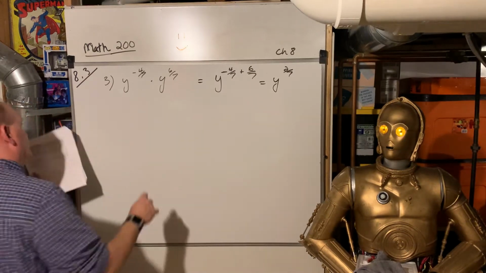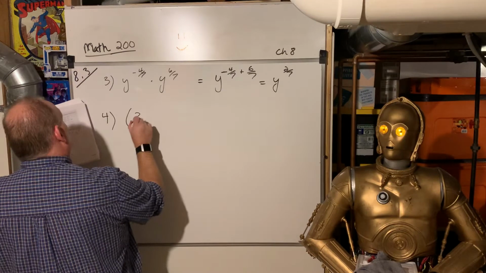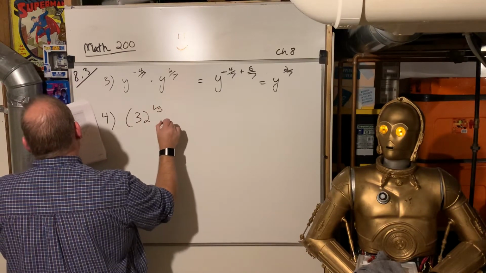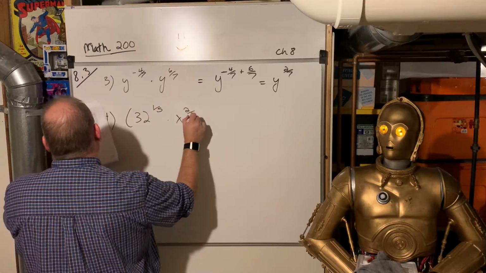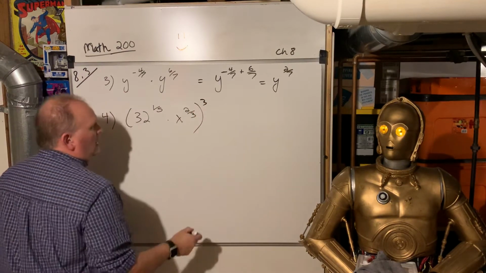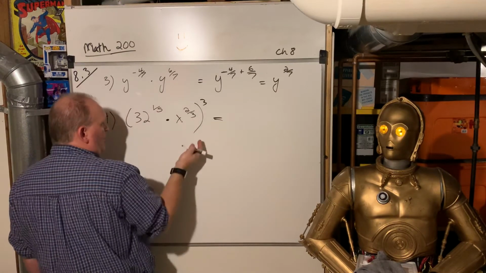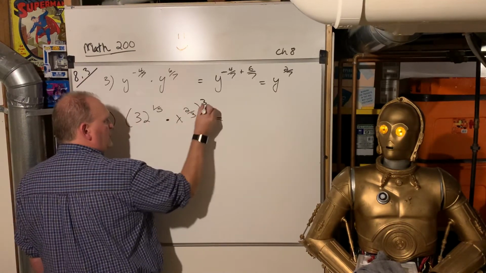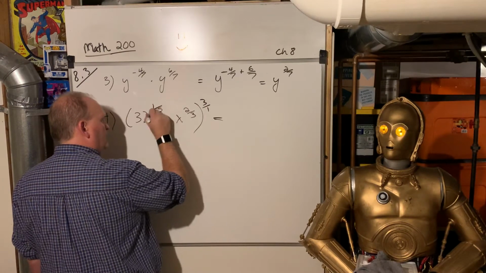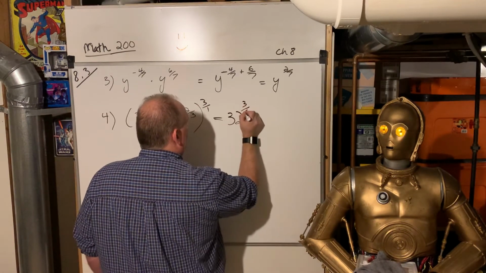All right, number 4 is 32 to the 1/5 times x to the 2/3, all raised to the 3rd power. When you have a power raised to a power and it's being multiplied like that, you multiply. So this times 3 over 1 times 1 over 5 is 3 over 5. So 32 to the 3/5